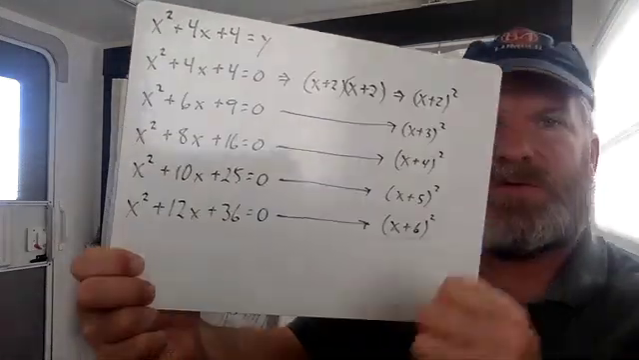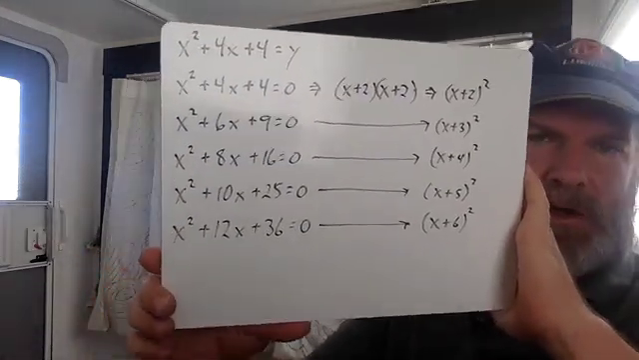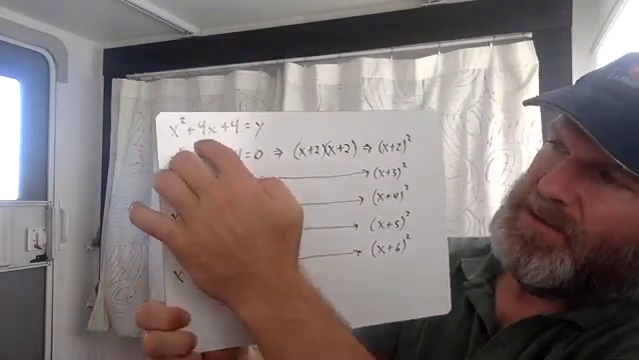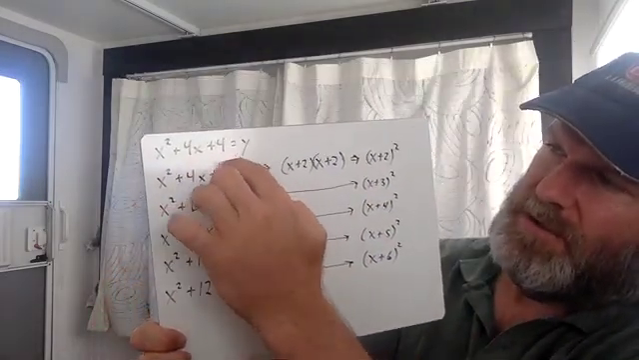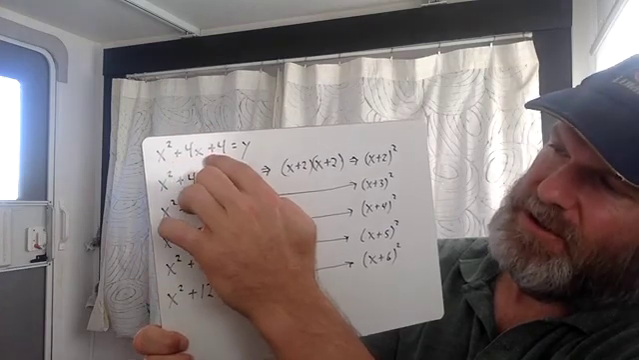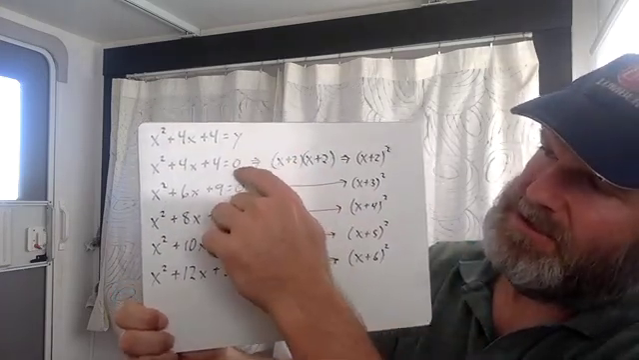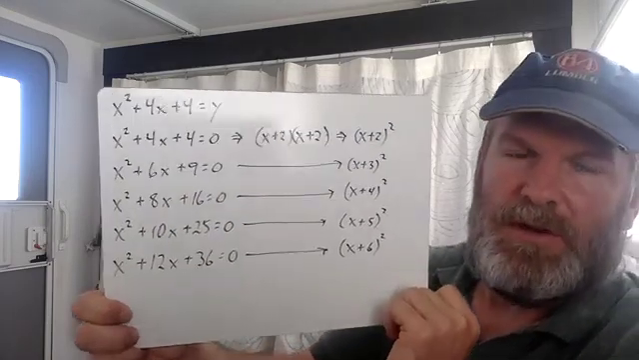All right, completing the square, part two. I've got this first example on the top here: x squared plus 4x plus 4 equals y. All right, the first thing I did was substitute in a 0 for y, because remember, when we're trying to